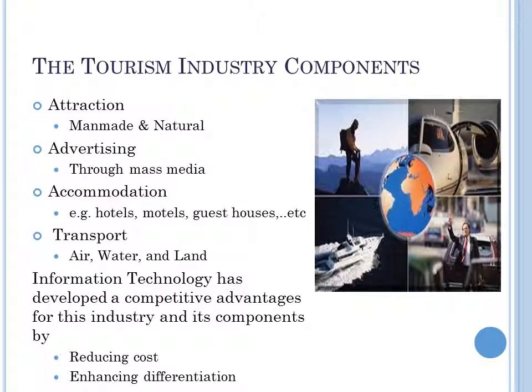So the tourism industry can be divided into major components. A good example and the major one is the attraction of that specific area visited. Some tourists would prefer to go to places for the familiarity of their beaches, such as Mexico, which would provide the natural example of that attraction. Another good example is the Eiffel Tower in Paris, where tourists would be attracted to that area for the sake of the man-made attraction in that specific city.